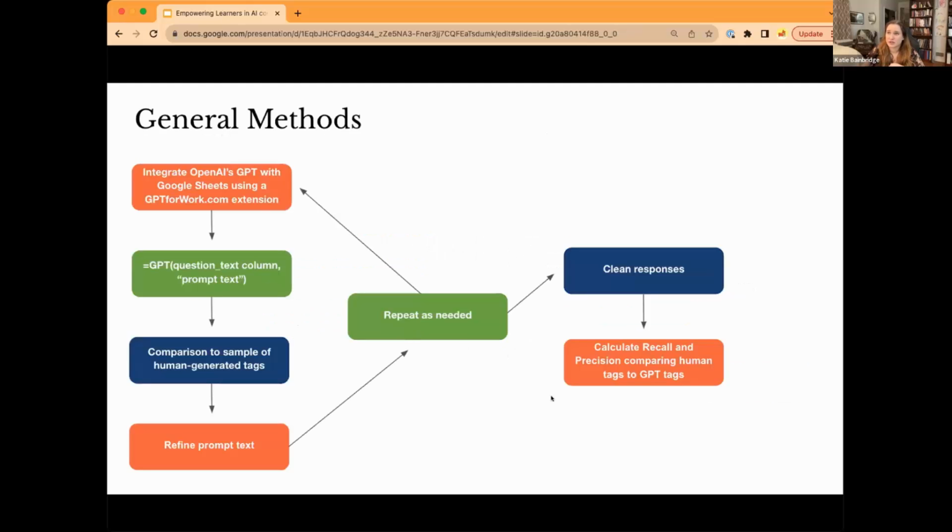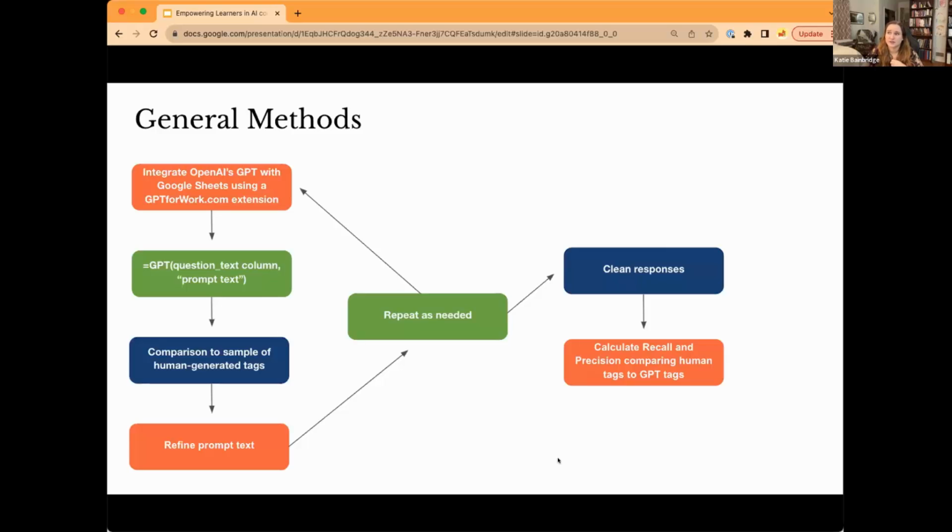So one day I was trudging through the manual tags for the context variable when I thought, I wonder if ChatGPT could do this. After establishing that it was shockingly accurate, we decided to investigate whether we could use GPT to reliably replace some of the human labor in our metadata tagging process. This would save us time and energy, make it possible to apply tags to larger question banks, and instantly update tags when our questions change.